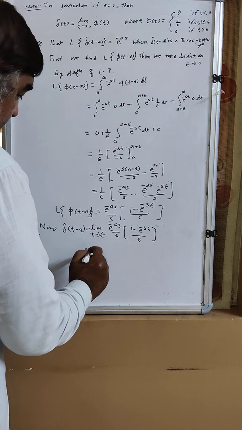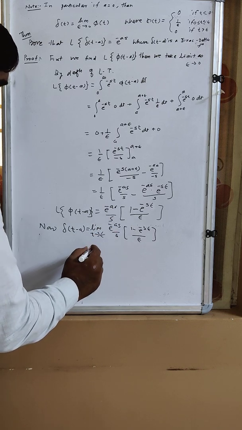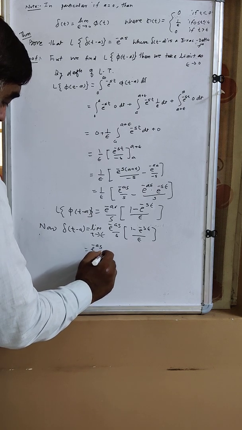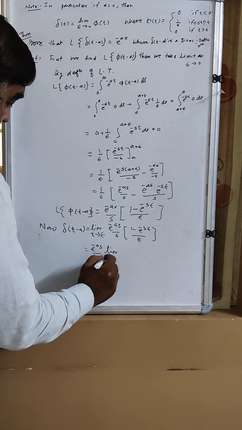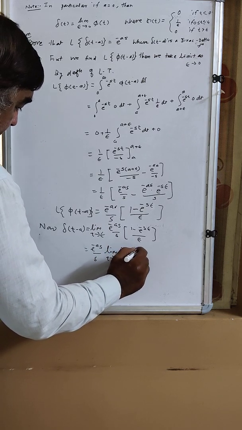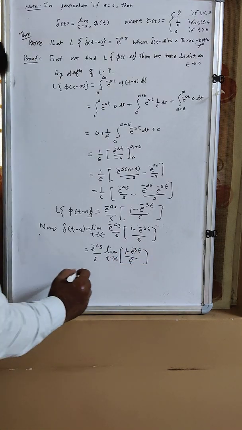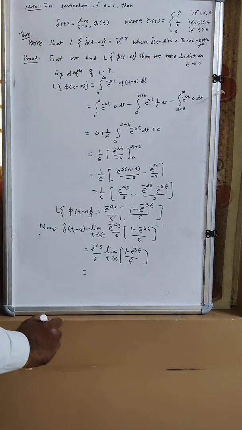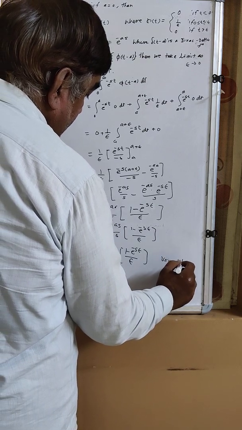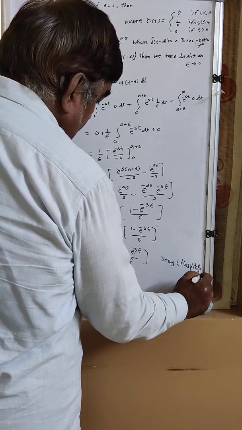With respect to the limit, e raised to minus as upon s is constant. Therefore we write e raised to minus as upon s times the limit as epsilon tends to 0 of 1 minus e raised to minus s epsilon upon epsilon, which is equal to, using L'Hospital's rule,